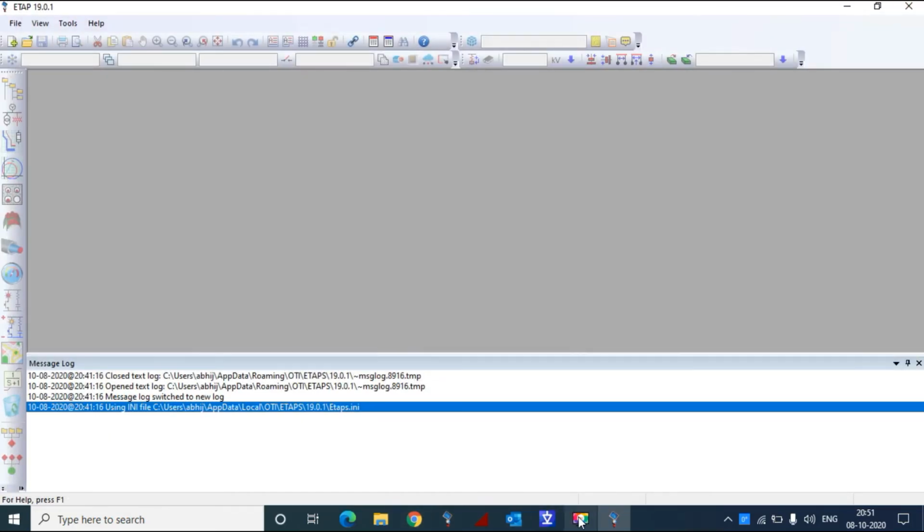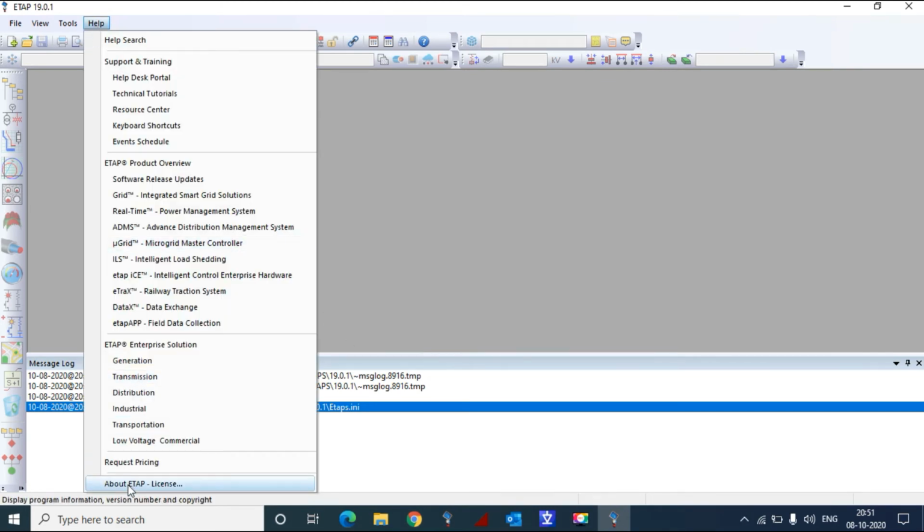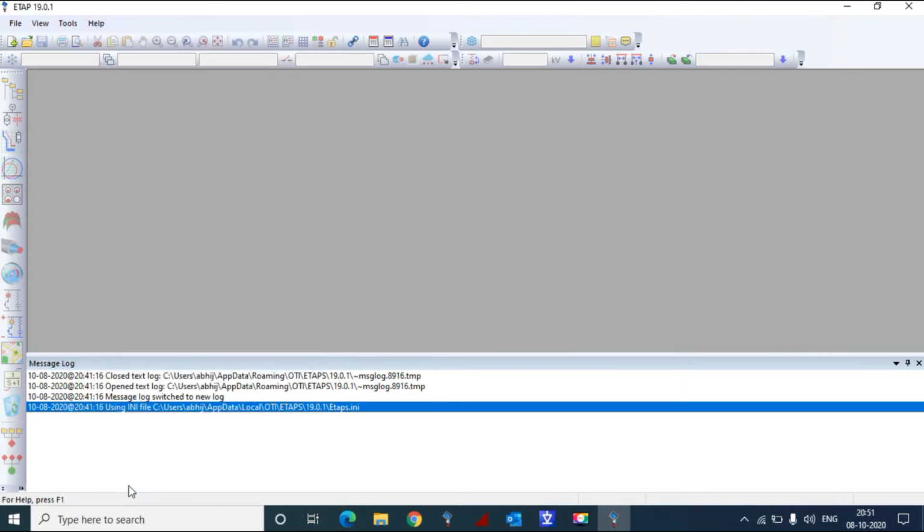So if you see again in the help section, there is the ETAP license. If you click on the license page, it will show which version you are using, the user support, sales services, and some of the ETAP capabilities. You can see what capabilities the base package contains. ETAP contains different packages, and you need not buy all the packages at the same time. Based on your requirement, you can buy that package.